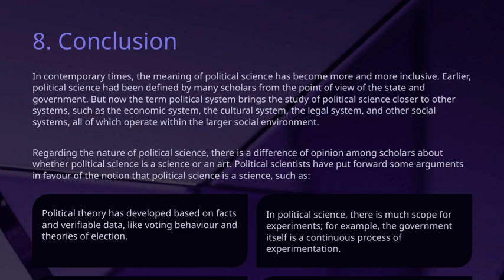Over time, the scope of political science has expanded significantly. It has moved beyond just being the science of statecraft to encompass a much broader, more dynamic field. Today, it covers every aspect of the state and government, considering their past, present, and potential future developments. Factors like human rights, human development, social movements, and civil society have all contributed to this expanded scope. These developments have made political science more relevant and interconnected with other social disciplines.